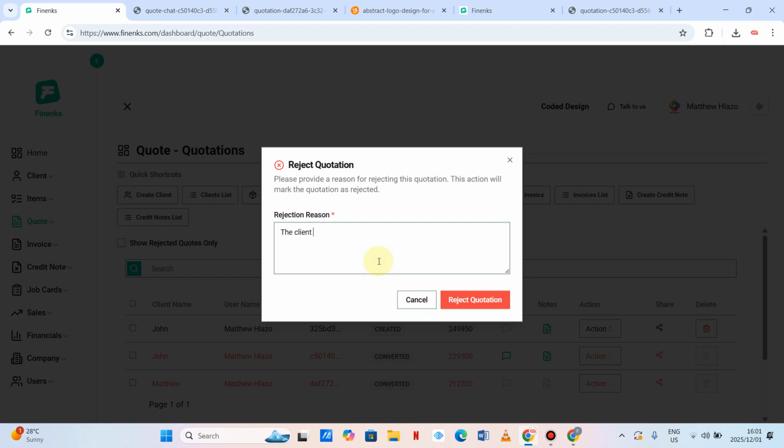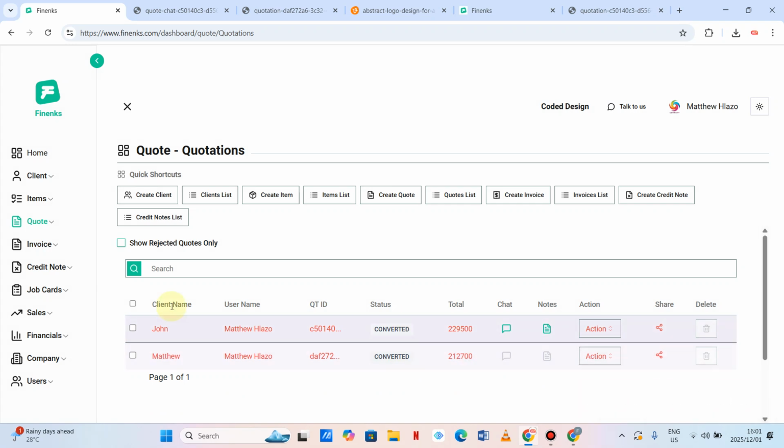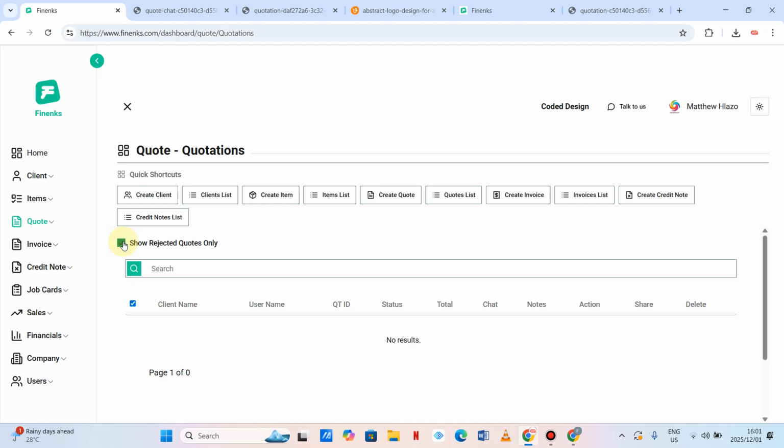The client said the quote was too high. Okay, the quote was too high, and then let's recheck this quotation. I think this is going to disappear from the list. This is supposed to disappear from this list. As you can see, if you want to show the rejected quotes,